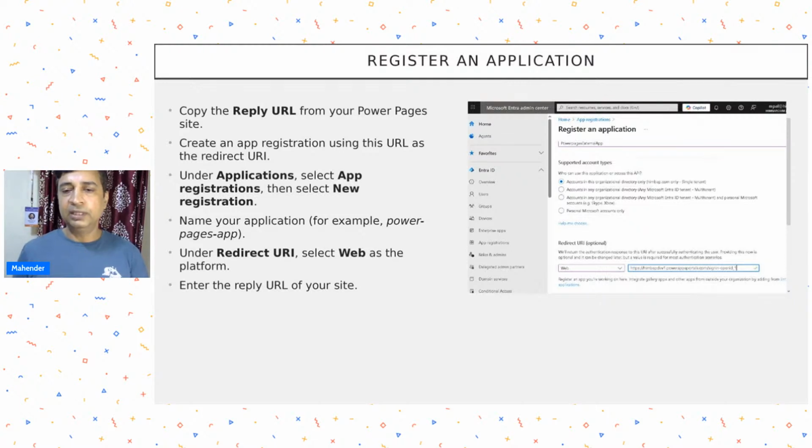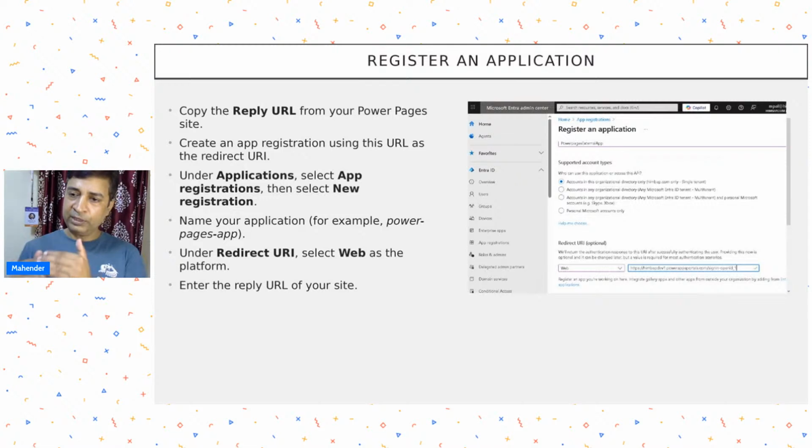So for example, I want to set up an app user for the model driven app. I can register that app, and after that I can provide access to that model driven app. There is a section where I can provide access to the API, so that it can connect to the model driven app Power Platform API to get or access the data. So those kinds of things are there. And then we can set up the